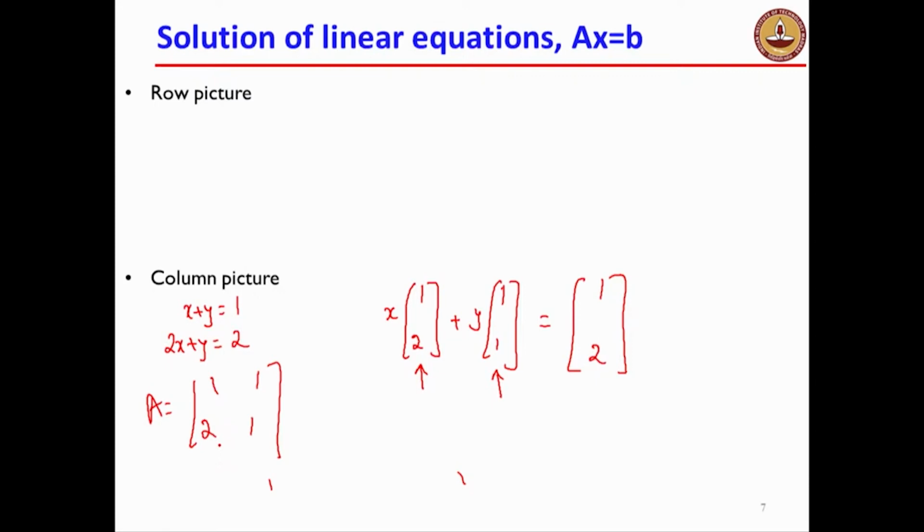And I am asking you, is there a linear combination of the columns of A which gives rise to the right hand side vector over here, 1, 2? And I know that exists because these vectors are independent, and therefore I can always find a solution. They are pointing in 2 different directions in the plane, and we know they are independent. Therefore, you can always find a linear combination of these vectors which gives me this vector over here. So this was a simple enough case, where that was a unique solution. Now what happens when